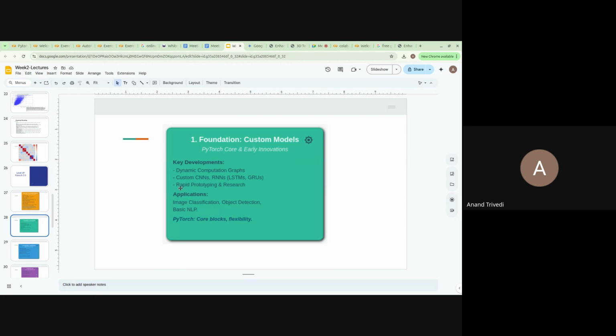Now, what is next? When we talk about this, all of the application space that we see, from image applications like self-driving cars, to text applications, text summarization, ChatGPT, not just simple text generation, but also earlier to that, there were applications for text classification, and sentiment classification.